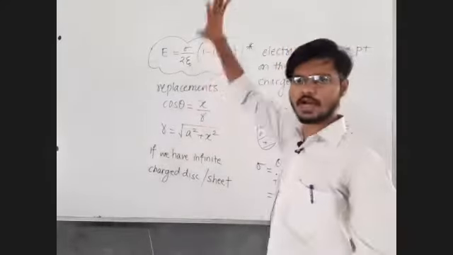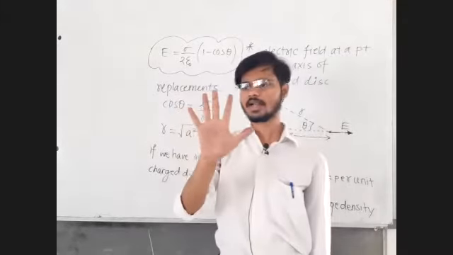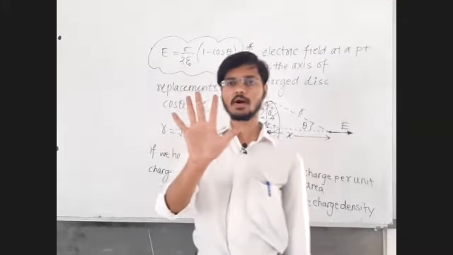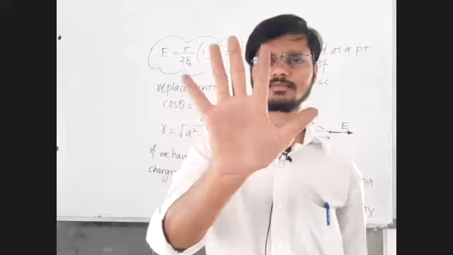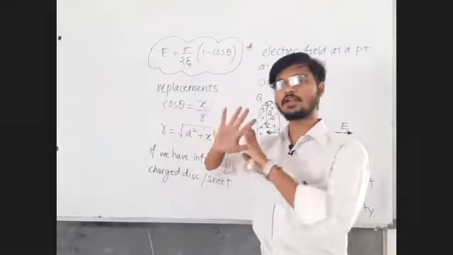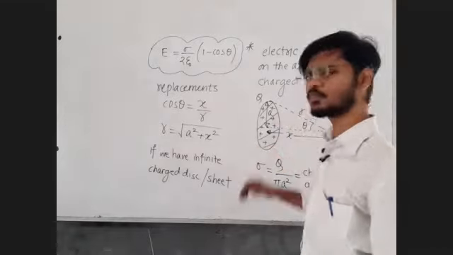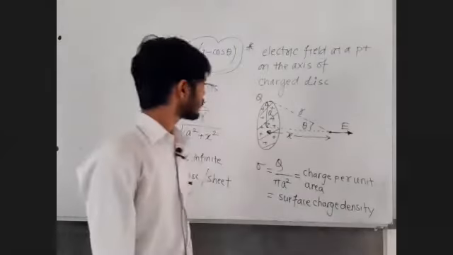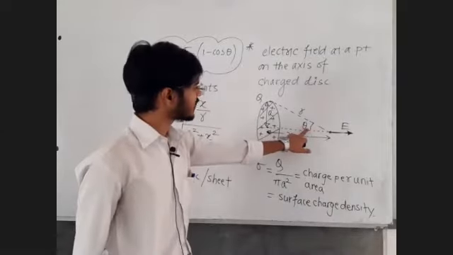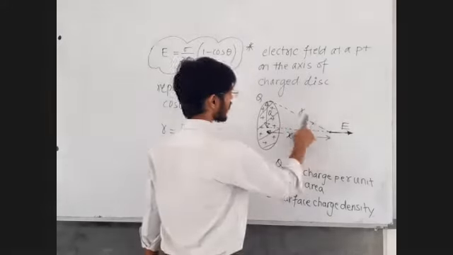Okay, I have a charged disk, a plane surface area. Let's say this is a disk. Right now the radius is very small, but now let me make it infinite. Now the entire region will be covered. So this is an infinite disk. This angle is the angle between the axial line and the line joining the given point to the edge of the disk.